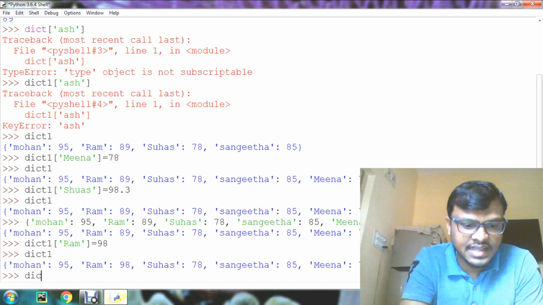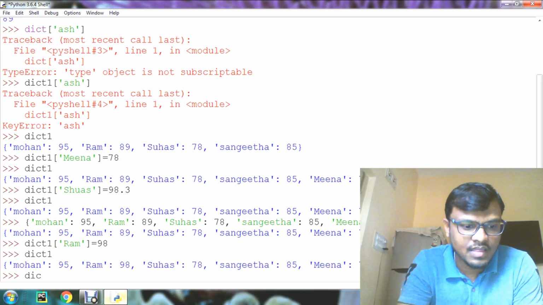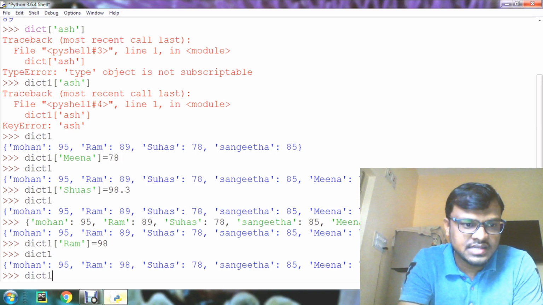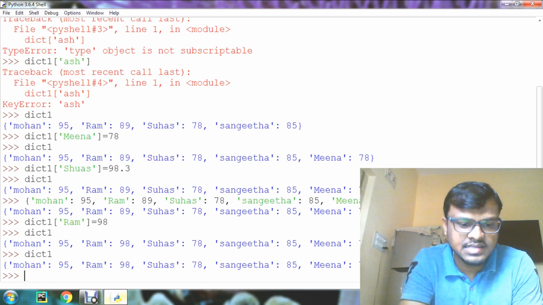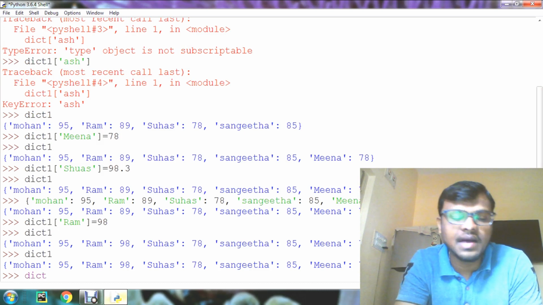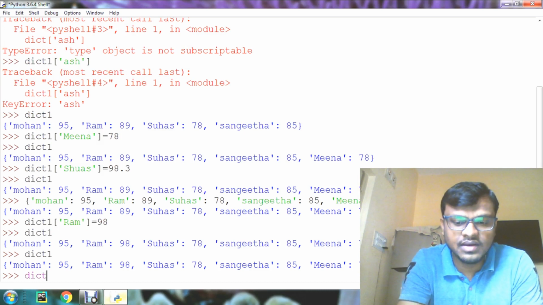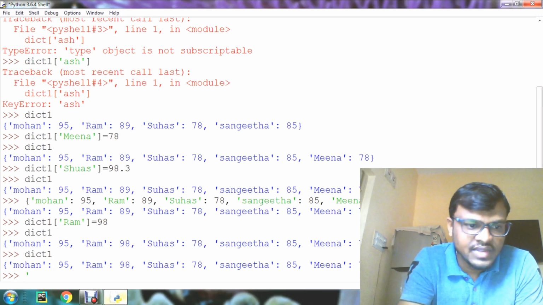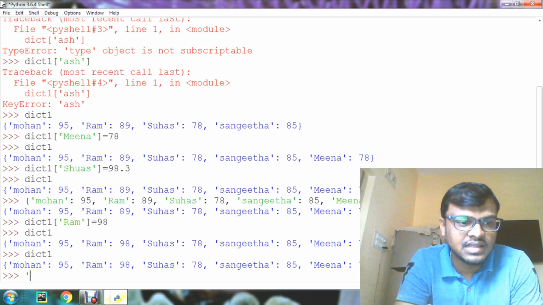For example, take dict1. In this dict1 we have the elements and keys like this. Now I want to use the in operator. So how can we make use of the in operator? For that we have to use the key first.